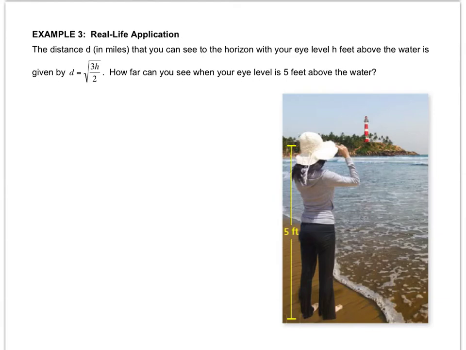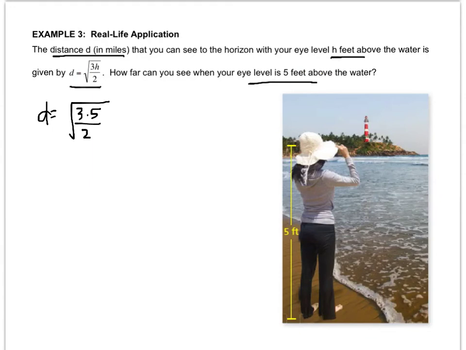All right, let's check out an example. The distance in miles, which is d, that you can see to the horizon with your eye, h feet above the water, is that equation. How far can you see when your eye level is 5 feet? So this 5 stands for h, because h stands for the feet, and d stands for the distance in miles. So I'm going to plug in 5 for h